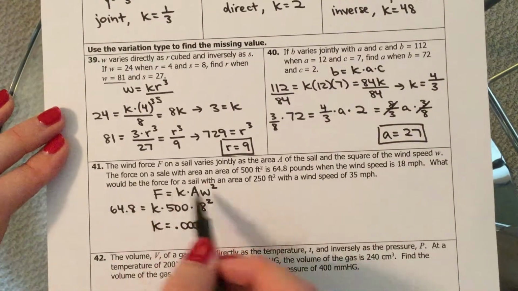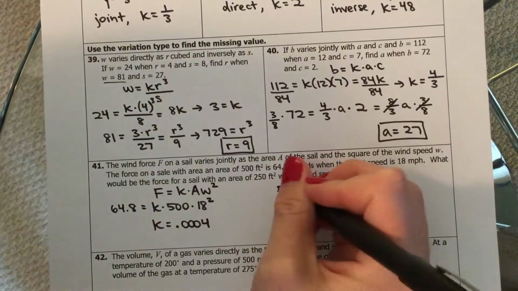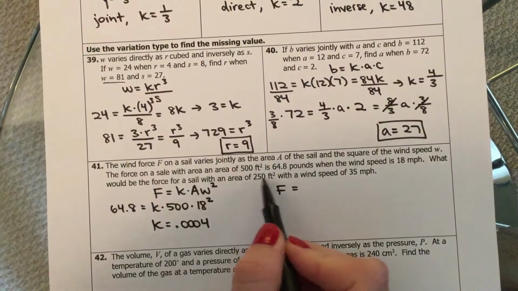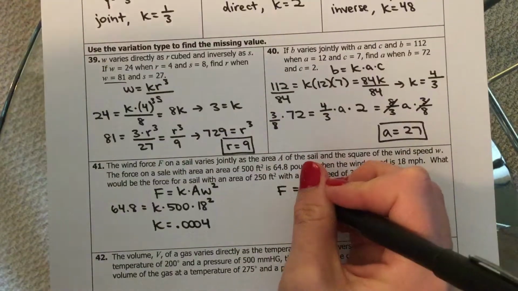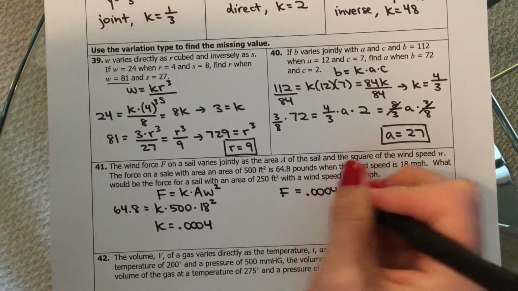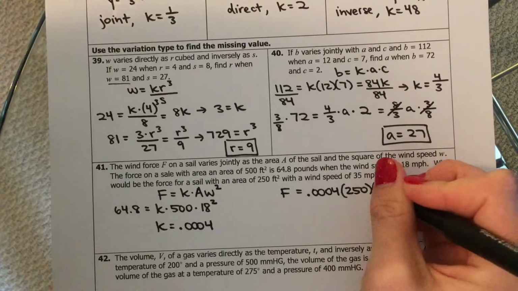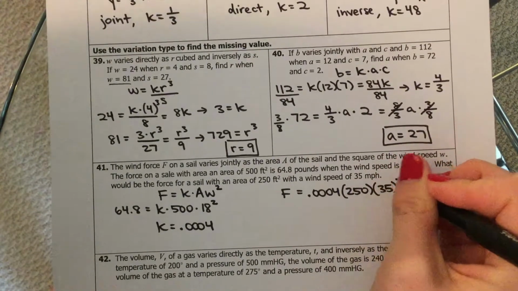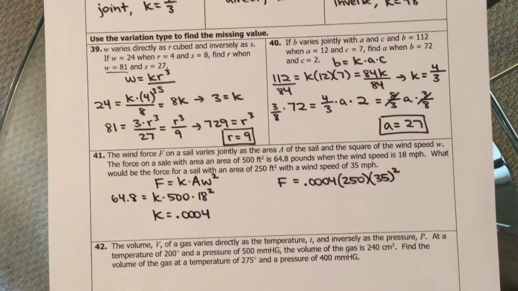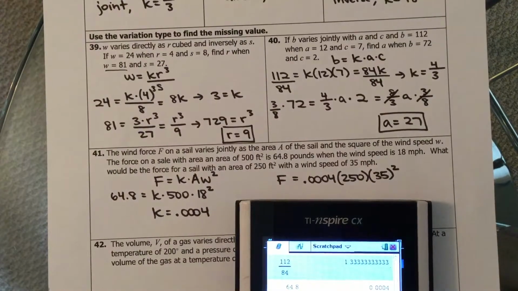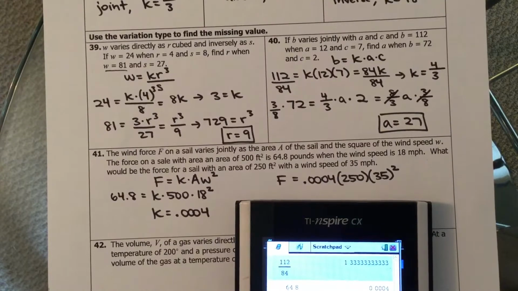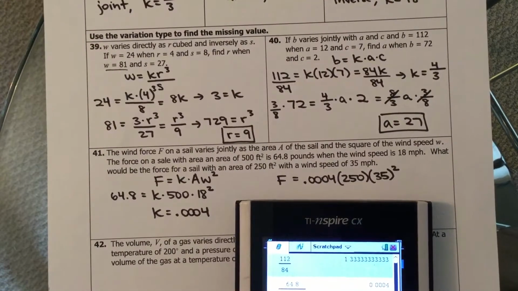So this is what would be the force. So we're solving for F. For a sail with an area of 250 feet. So we now know that K is 0.0004. The area is 250 feet and the wind speed is 35. And remember in the formula that gets squared. So we can just sub this in. So 0.0004 times 250 for A times 35 squared. So we get